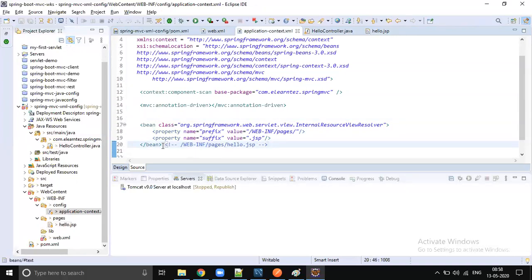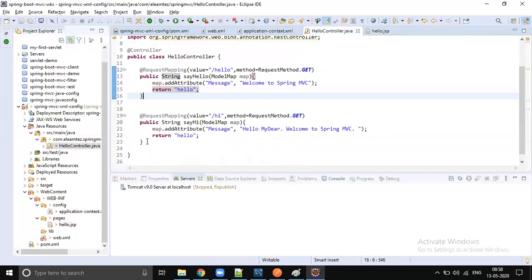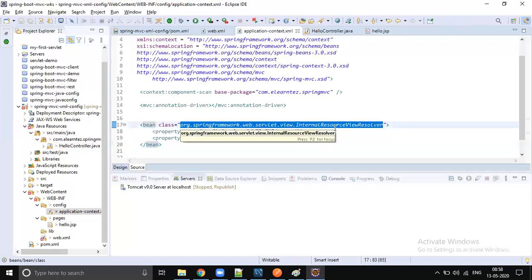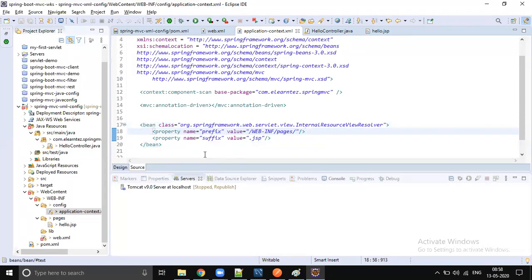So what will happen when you return hello from the controller? Your Spring application will check: is there any view resolver configured? Yes, we configured the internal resource view resolver. We are returning hello from the controller.